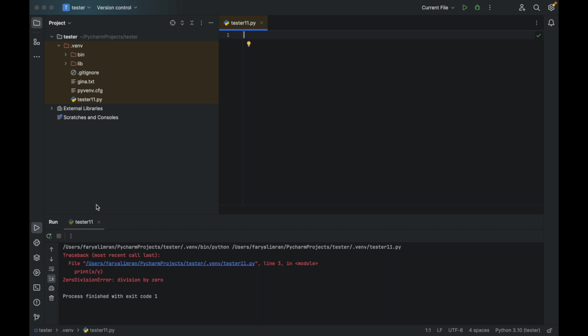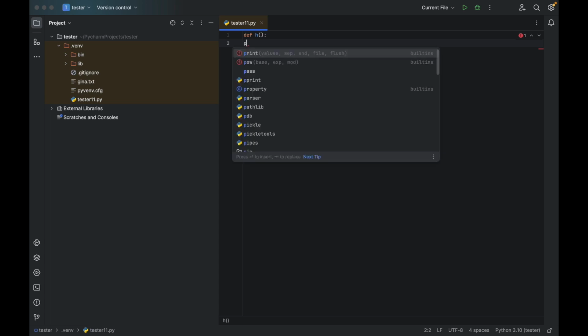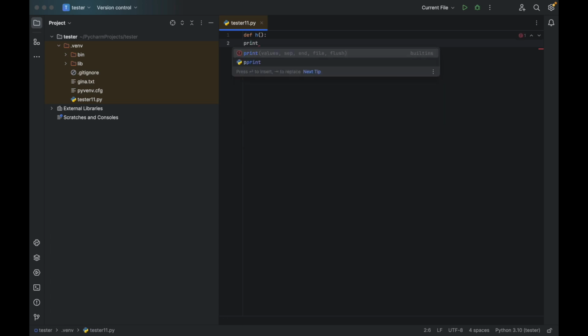Now let me show you. In Python, indentation is very important because if you don't add indentation, you get an error. For example, I write def h, and I'm making this function, adding the colon. After that, I did not indent, meaning I did not add space in it. If I say print hi,